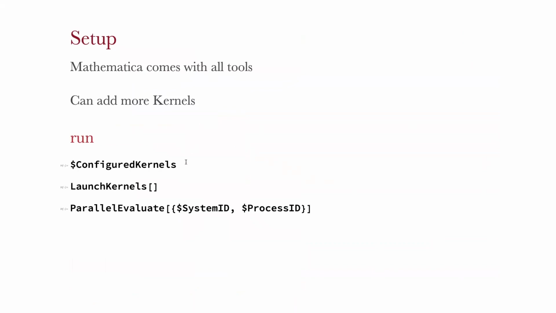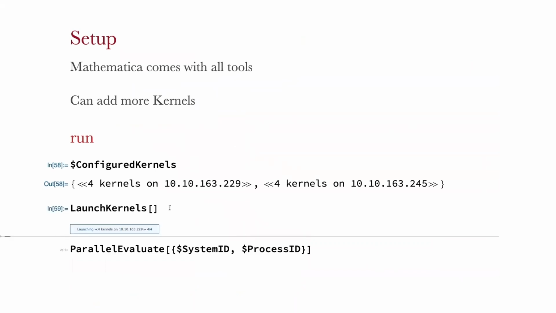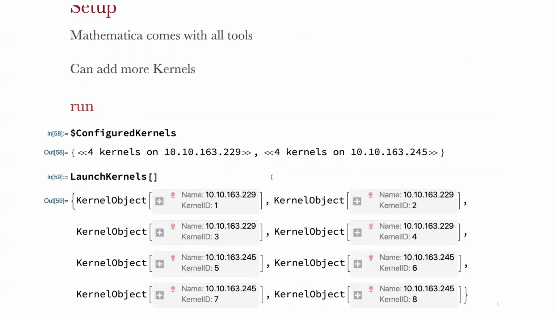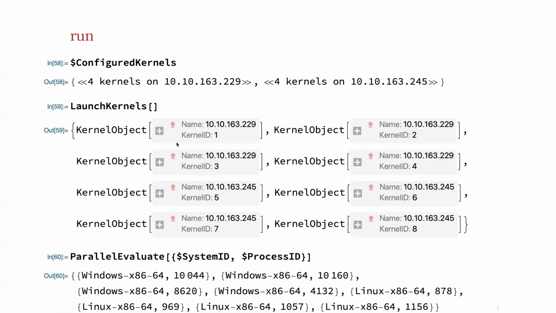Mathematica actually comes with a system where you can set things up. I set things up to launch the kernels with SSH, and once I got the SSH connection working, it's actually quite robust. So I have 4 kernels on a Windows machine and 4 kernels on a Linux machine. And I do parallel evaluate, it sends the same command to everything and reaps the